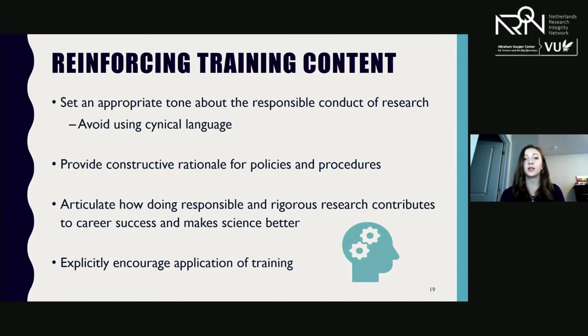Lab leaders also need to be open to change and improving their own practices. So if their trainees come to them and say, hey, I learned this thing in ethics training, we might want to reconsider doing it this different way in our lab, it's a good thing for that person leading the team to consider ways to make revisions to their policies that are in alignment with what was taught in the ethics training program. So taking all of this together, reinforcing training content in a day-to-day work environment helps support the lasting impact of ethics training.